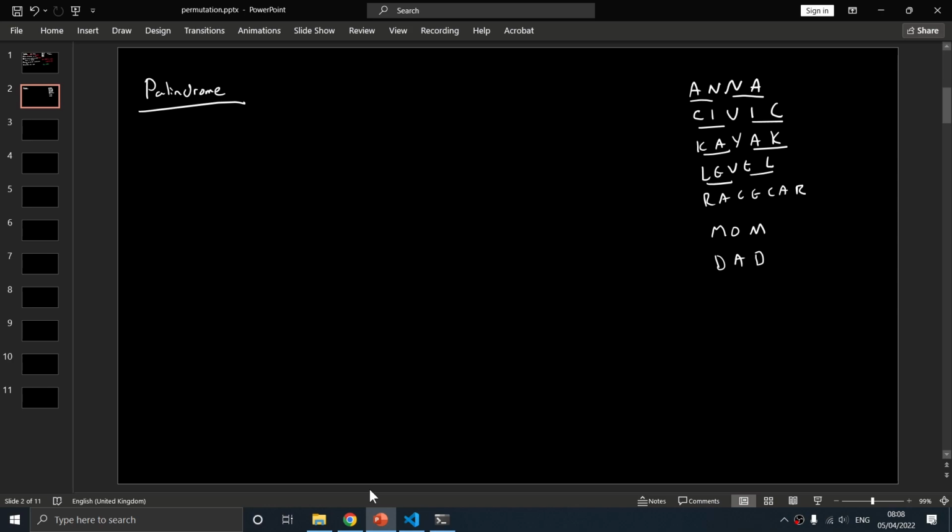the way that this works is they have an even number of each unique character, or the same number of each unique character. So for example, this one has 2 A's and then 2 N's. Here we have 2 C's, 2 I's, and 1 V. Here we have 2 K's, 2 A's, and 1 Y. Here we have 2 L's, 2 E's, 1 V, etc. And the pattern we can notice is that